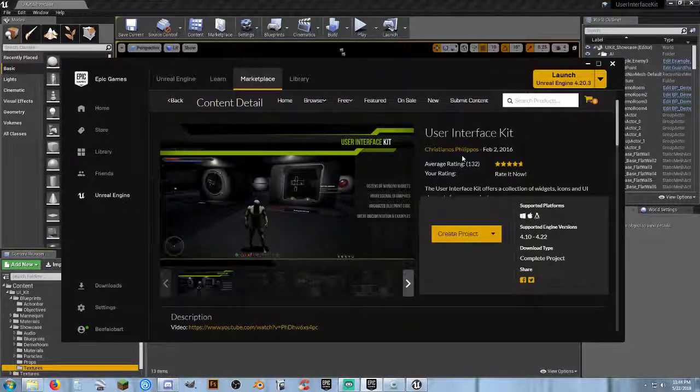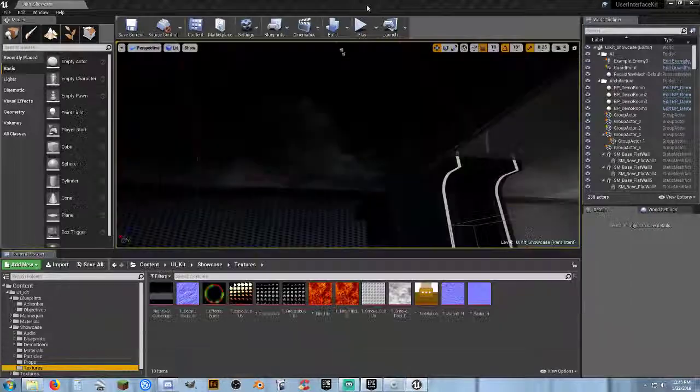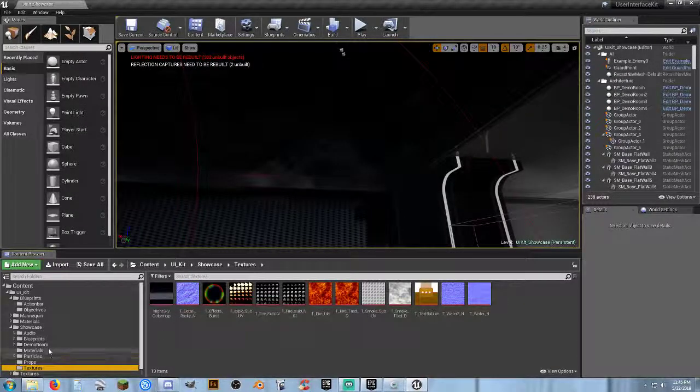I just think for the average person, for a new developer, it's a lot to look at this and say, oh, that's awesome, I want to add this to my project. It's not very easy for someone to just add it to their project unless they have a little bit more knowledge on what they're actually doing. Am I saying no, don't get it? I'm saying, hell, it's free, get it. You'd almost be dumb not to get it, because of the potential things that you could learn by reverse engineering